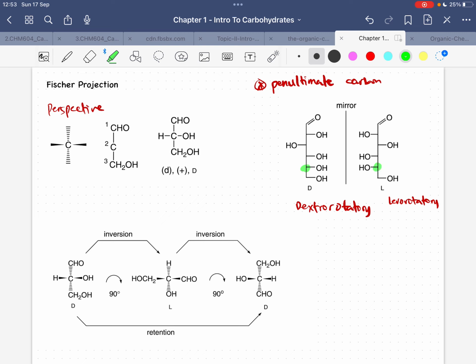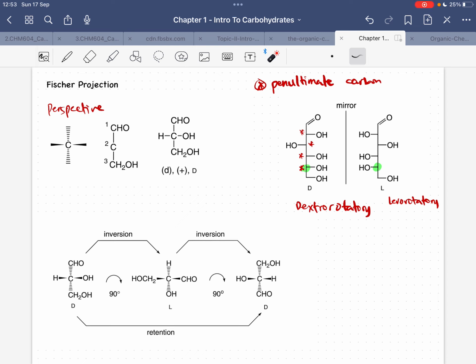Ang penultimate carbon, siya ang carbon nga naay nga pinakalayo, siya ang chiral nga carbon nga furthest away from the most oxidized carbon. So in this structure, ang pinaka-oxidized nga carbon is this one kay aldehyde man siya, no. Aldehyde. Ang pinakalayo nga chiral carbon, these are chiral carbons kani. Chiral ni siya. This one is not chiral kani. Because naa siya duha ka H, similar groups. So it's an achiral carbon. Ang pinakalayo nga chiral carbon is kani siya.